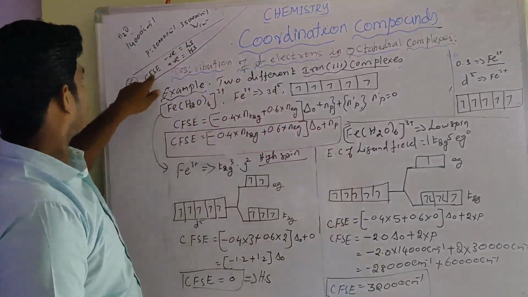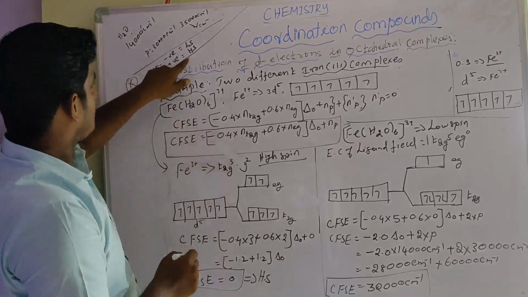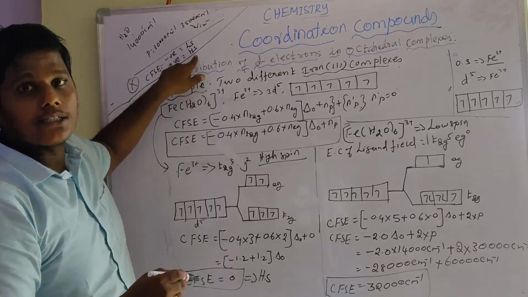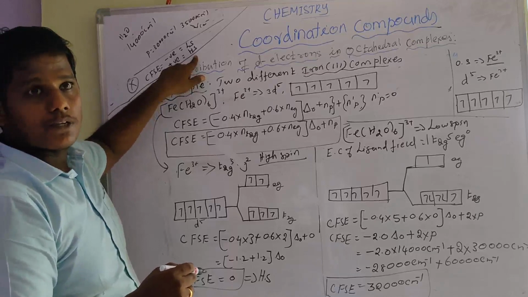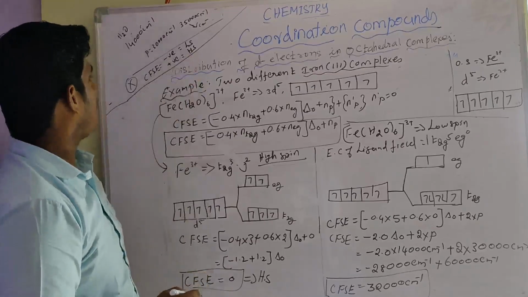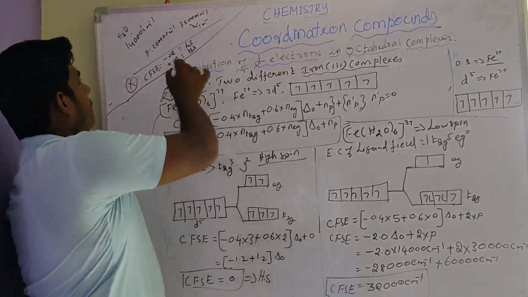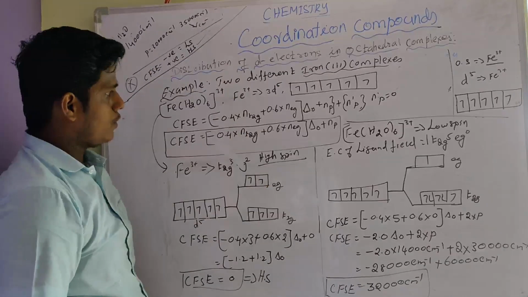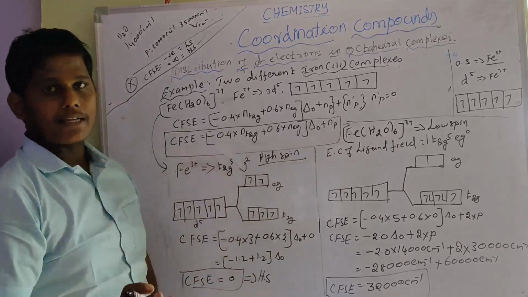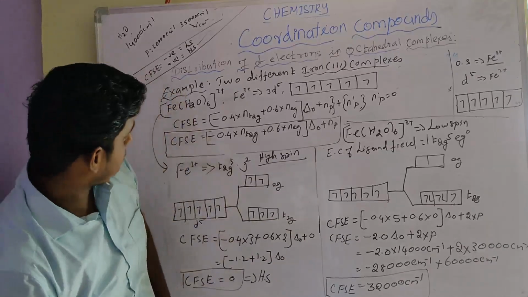But you know, a positive crystal field stabilization energy value is exhibited by the high spin complex. A high positive crystal field value means the low spin complex is not favorable, only the high spin complex is favorable. Very easy, very simple. A high positive CFSE value means high spin complex. So this Fe(H2O)6 acts only as the high spin complex, not the low spin complex.